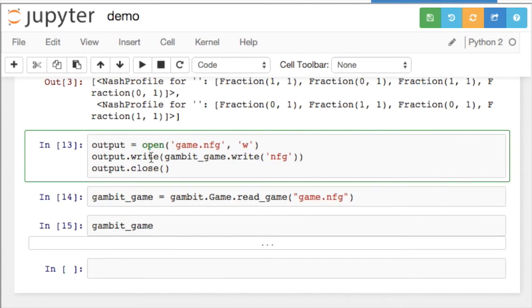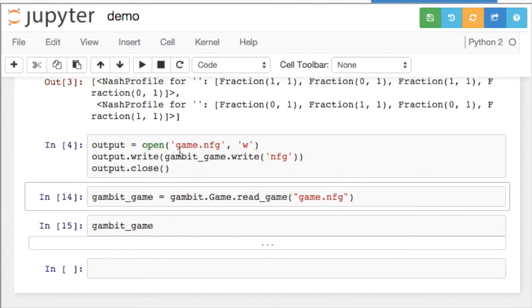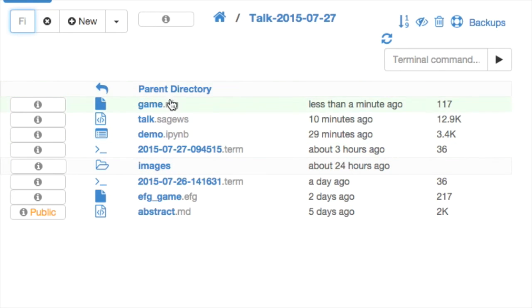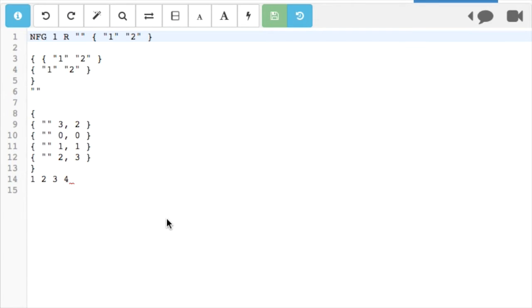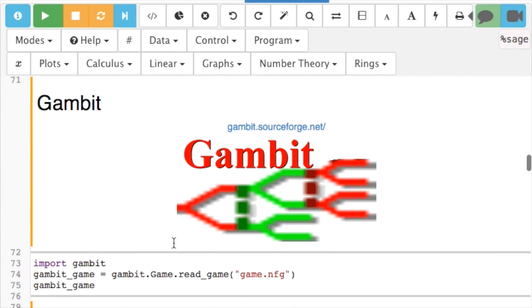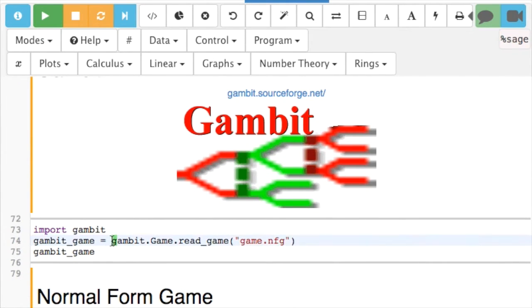So I'm now going to write the output of this game to a file. If I go to my files and go to game.nfg, we see that I've written that file. And this is where I'll hand over to James, because now back